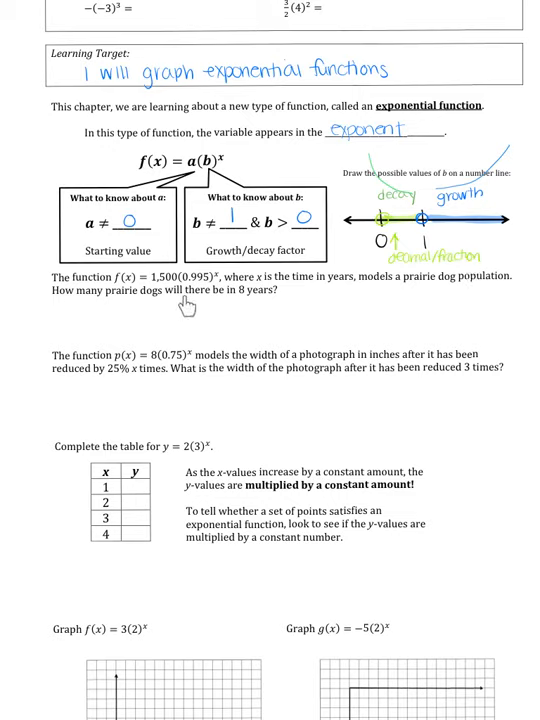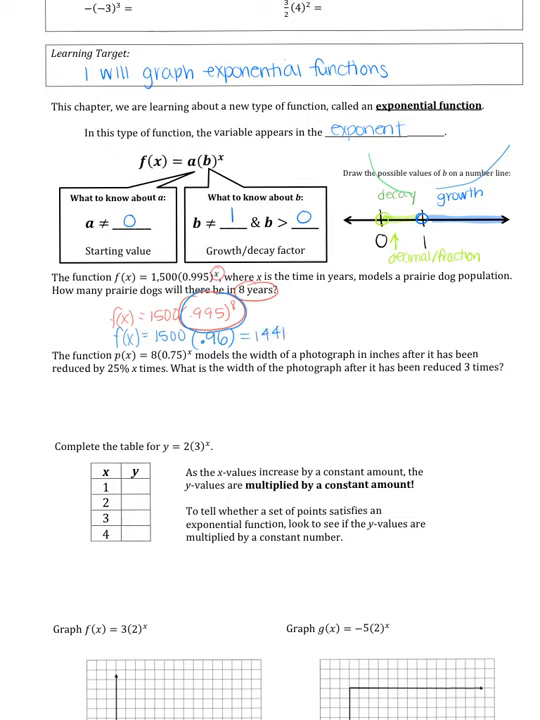We want to know how many prairie dogs will there be after 8 years. To determine this, we simply plug in 8 for our x and use a calculator to help us determine the answer. Now, when we simplify these, we're going to do the piece raised to the exponent first. Remember, PEMDAS, order of operations, and then multiply times 1500. 0.995 to the 8th is 0.96. Now I'm going to multiply that times 1500, and that gives us